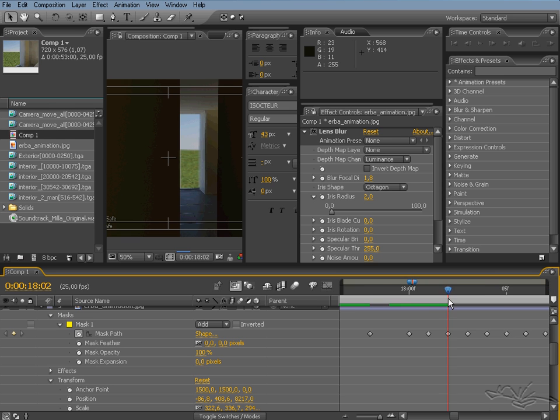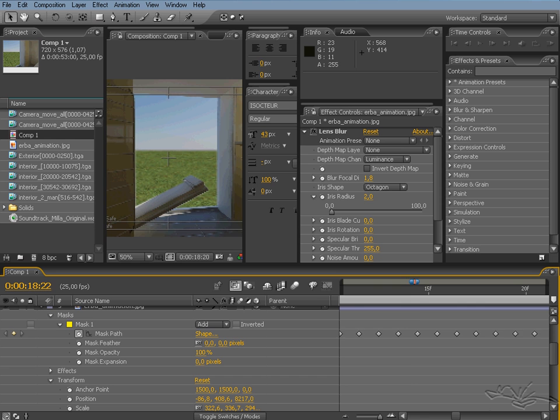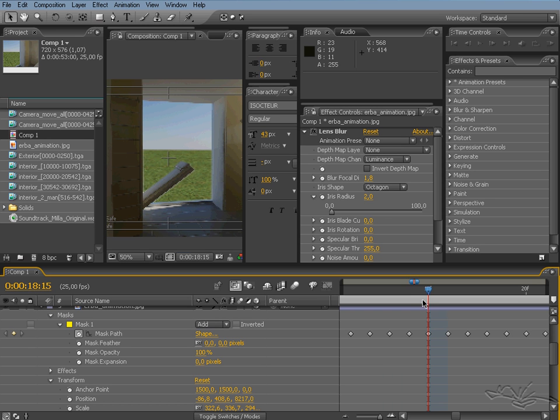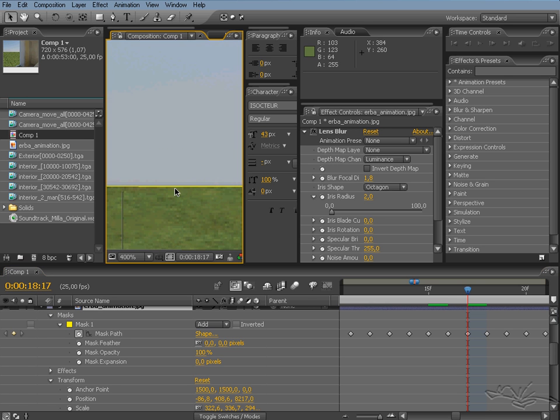It's very difficult because when I arrive, for example, here, the mask moves from here, and I put a key in every frame because so